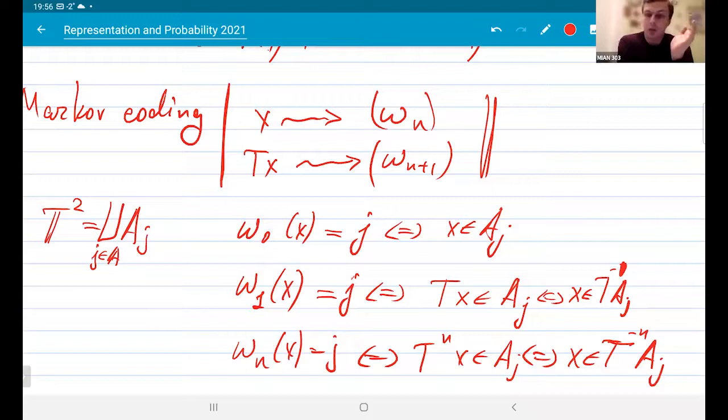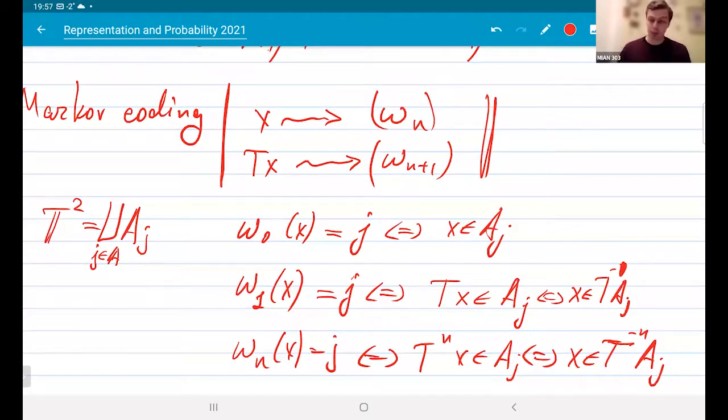And we don't know anything about the image. The image can be non-Markov, some weird set. Why not? So we need some way to control this set. And to do this, we need to choose these A_j's wisely, so that the intersections...